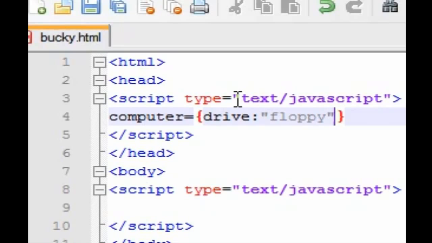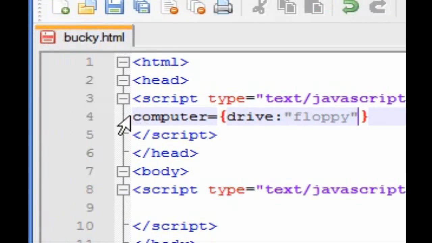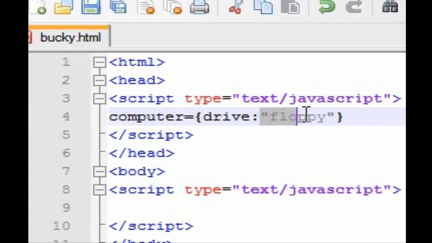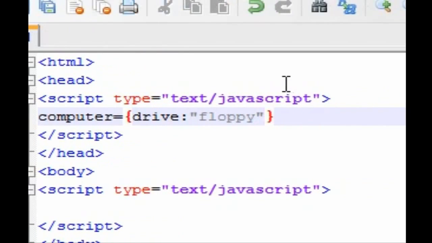And as you can see, right now we have an object right here named computer, a property of that object, drive, since drives are part of computers, and the value of that drive is floppy drive. You can also add more